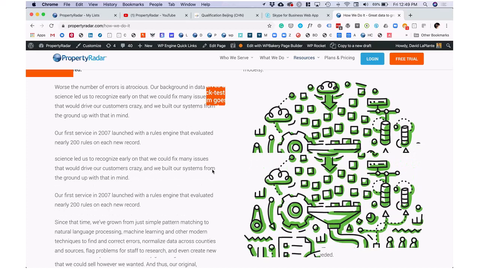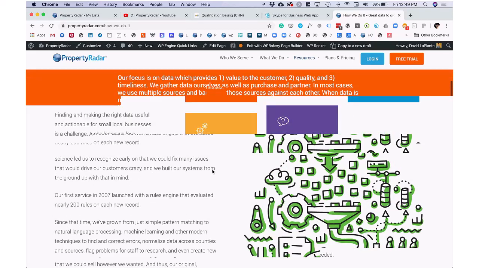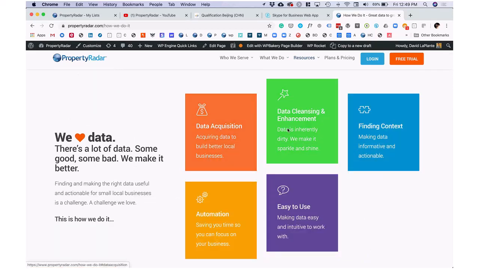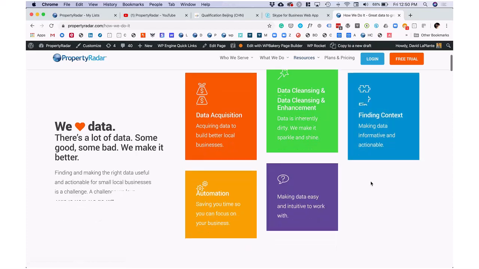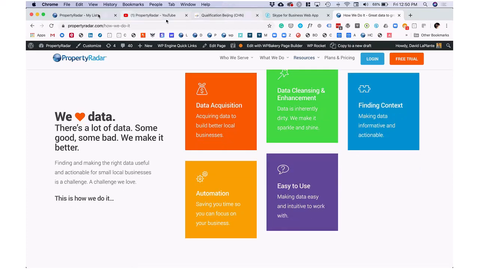And so that's what we really say we focus on. We've got a team for acquisition, we've got a team for cleaning and enhancement, we've got a whole entity resolution team, and my algorithms are doing Levenshtein distance equations and all that good stuff all day, trying to find matches. Let me give you an example of that.